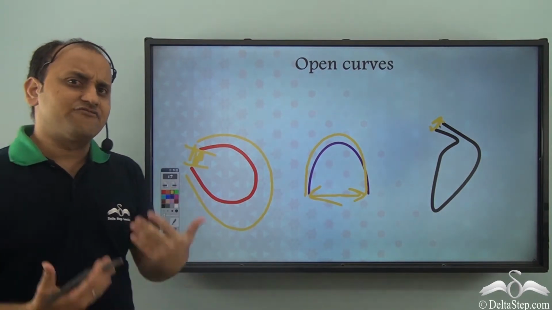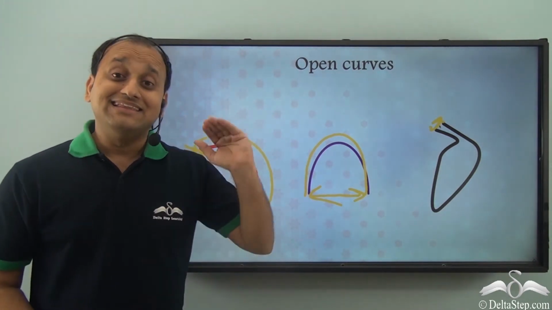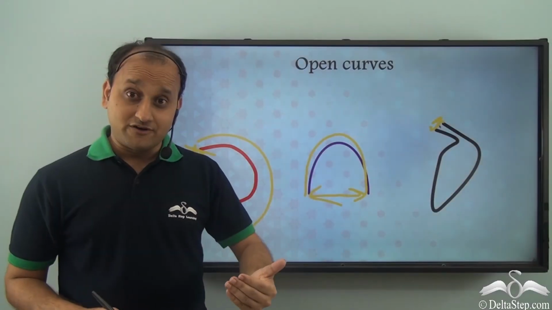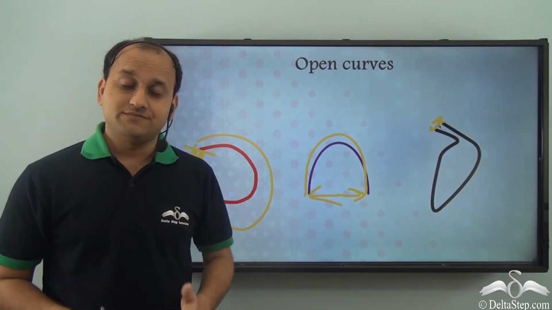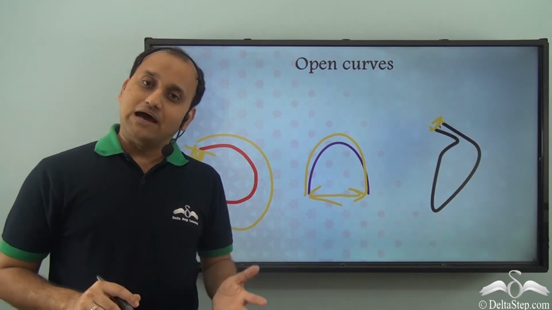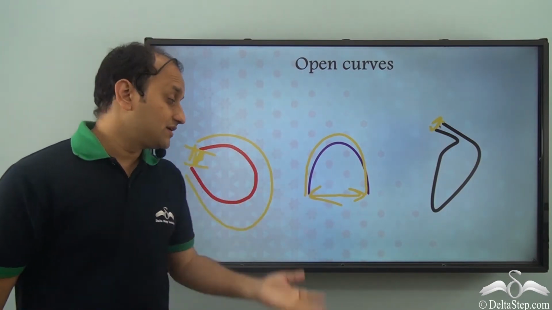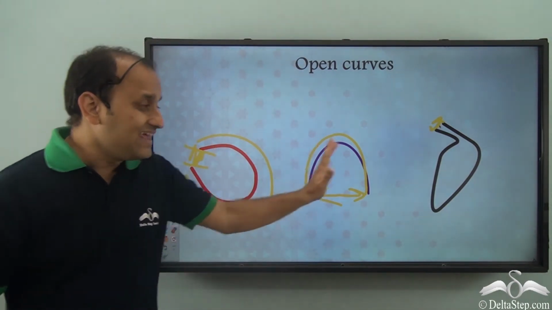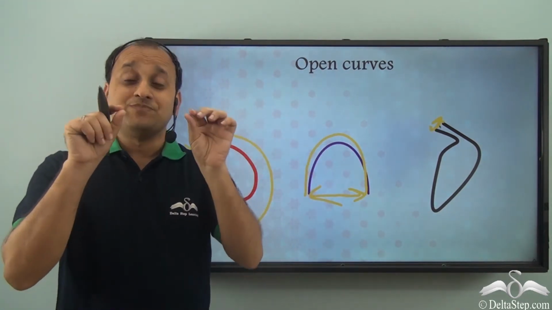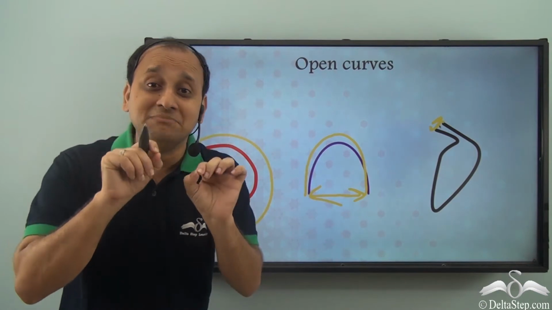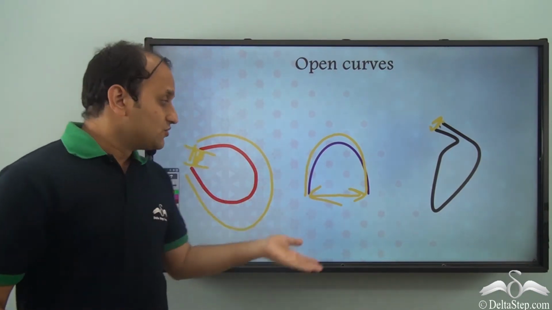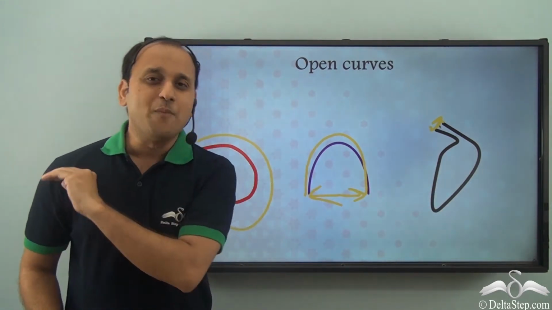So curved lines are very important for us and they give us two types of curves. The first type of curves are closed curves, such as circle or an oval. Now these are closed curves. Now what about open curves? Any other curve which has at least one point of opening, that is, its edges finally do not meet. In that case, we call it an open curve. So all these are examples of open curves.